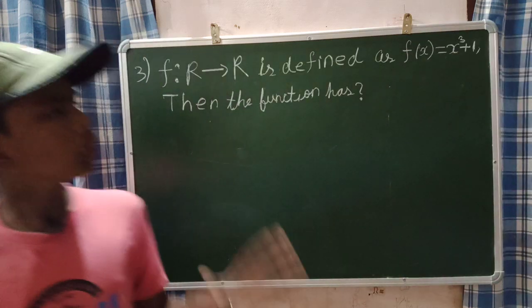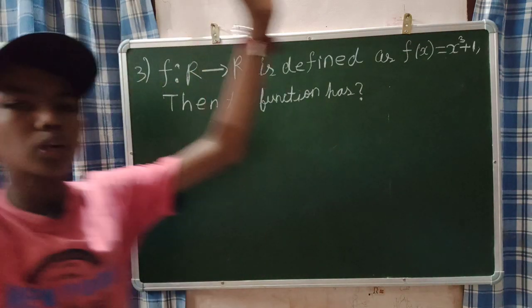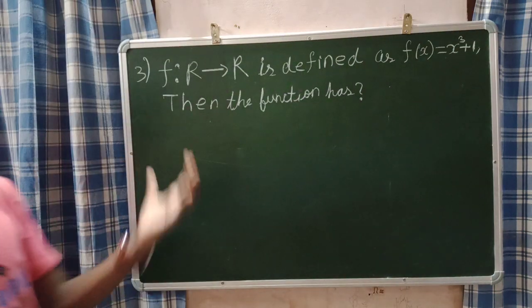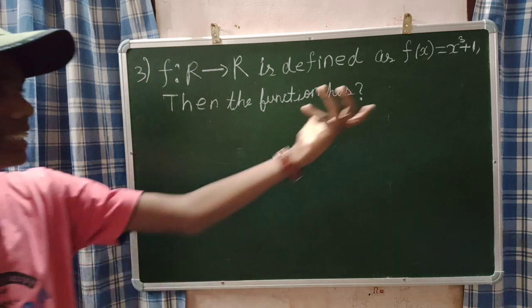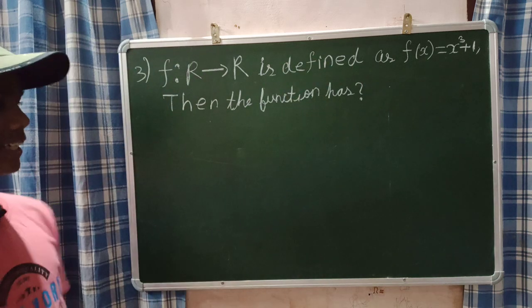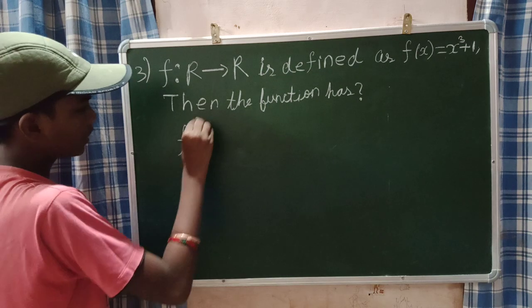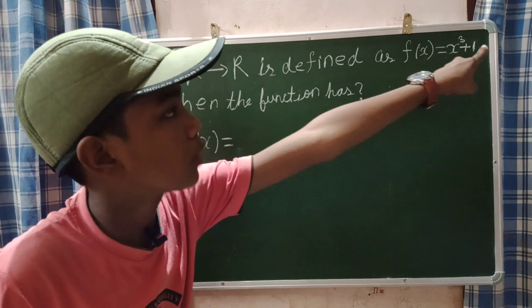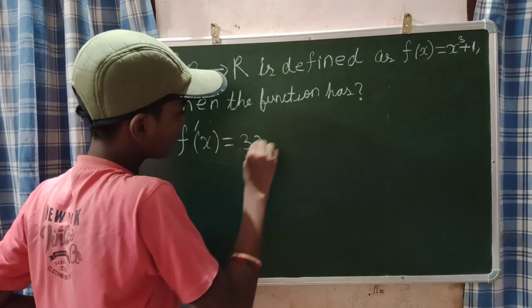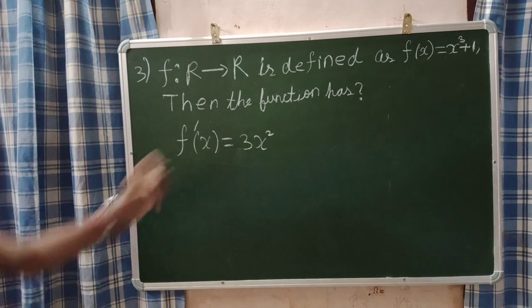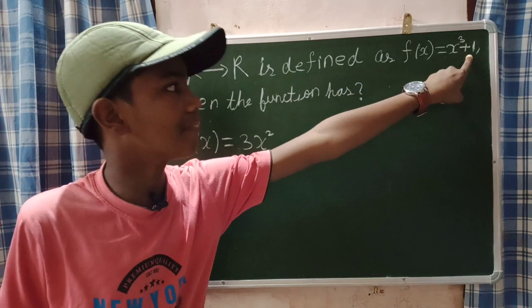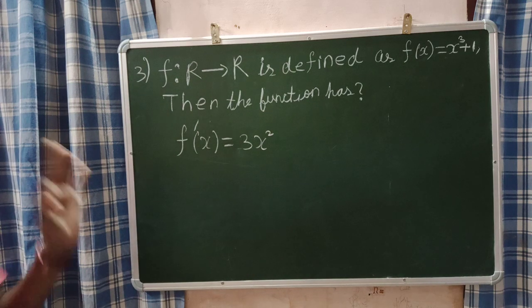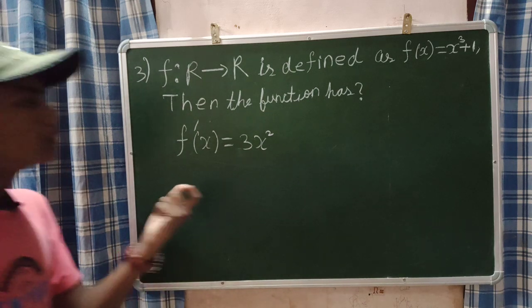So guys, to solve this question, there are various types of methods. What most people will do is first differentiate this f of x, which is a function. When you differentiate, you will get f dash of x. The differentiation of x cube plus 1 will be 3x square, because the differentiation of a constant will be 0, so I don't need to write that. So the differentiation of the function, f dash of x, will be equal to 3x square.